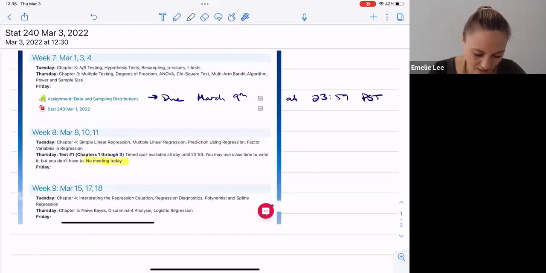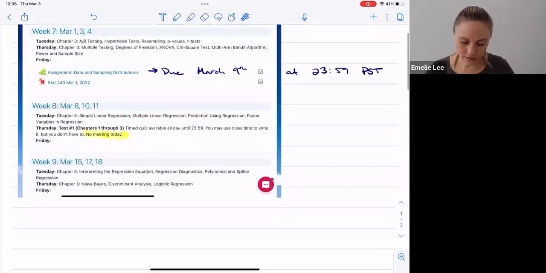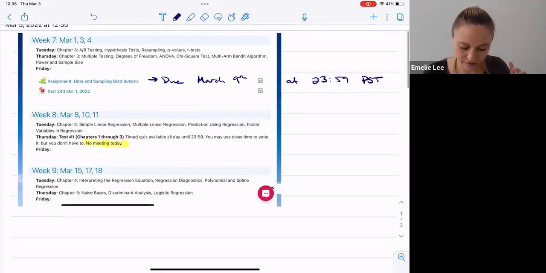Okay. I've mapped out the rest of the term. This is kind of wishful thinking. We'll see how quickly we can progress reasonably through the material, but I am expecting you to read along and to have read these sections before we meet. Because that way, when I say it, it's the second time you hear it, and then hopefully it just fills in some gaps. Okay, so all right, that's kind of all the administrative stuff I wanted to mention.